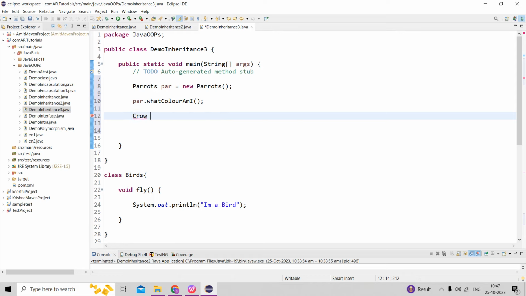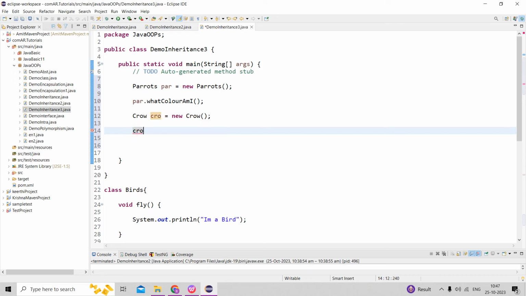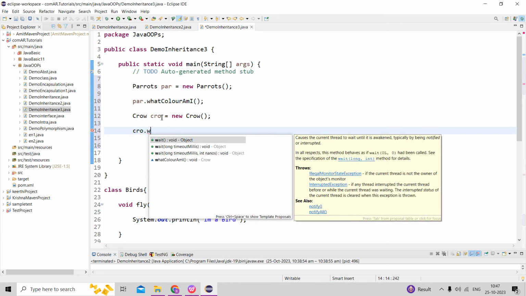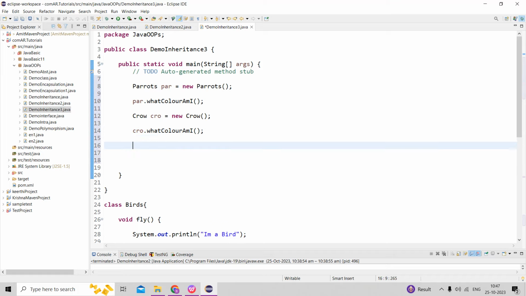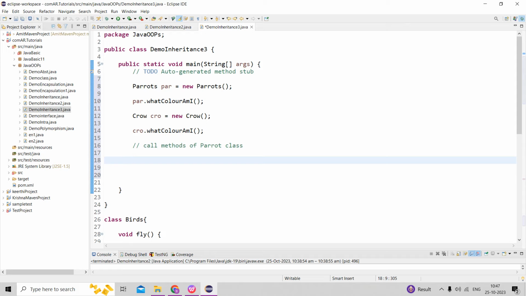So crow CRO equal to new crow, CRO dot what color I am. Fine. Now call methods of parent. So AR dot